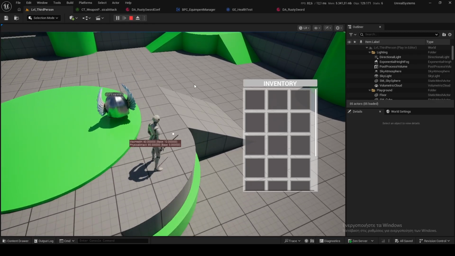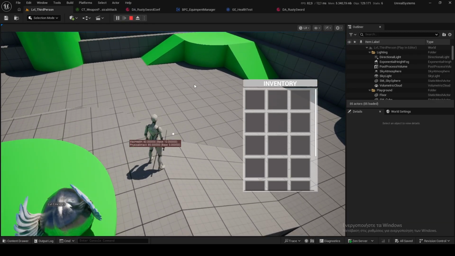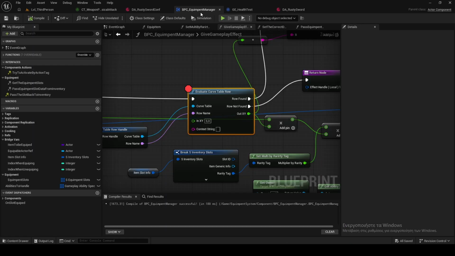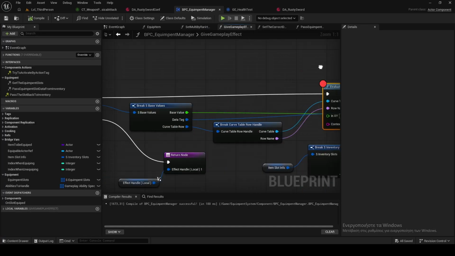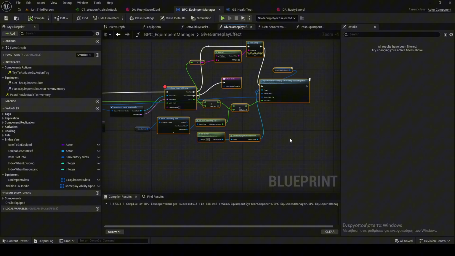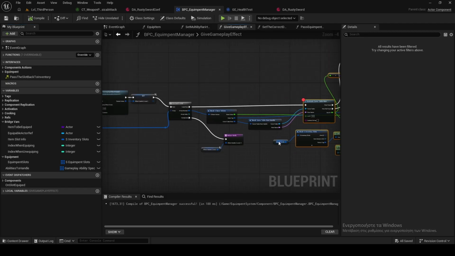So this is kind of crazy. But yeah, you can multiply at runtime, and now I have a dynamic way to give gameplay effects